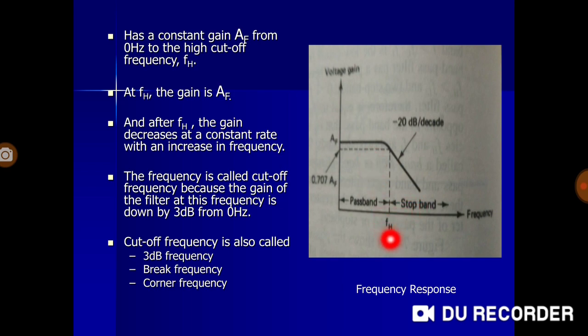Or break frequency, because the conduction breaks, or the allowance breaks. Corner frequency, because if you look at the structure or the scheme, this is at the frequency which appears at the corner of the passband. That is the cutoff frequency, with the three different names.